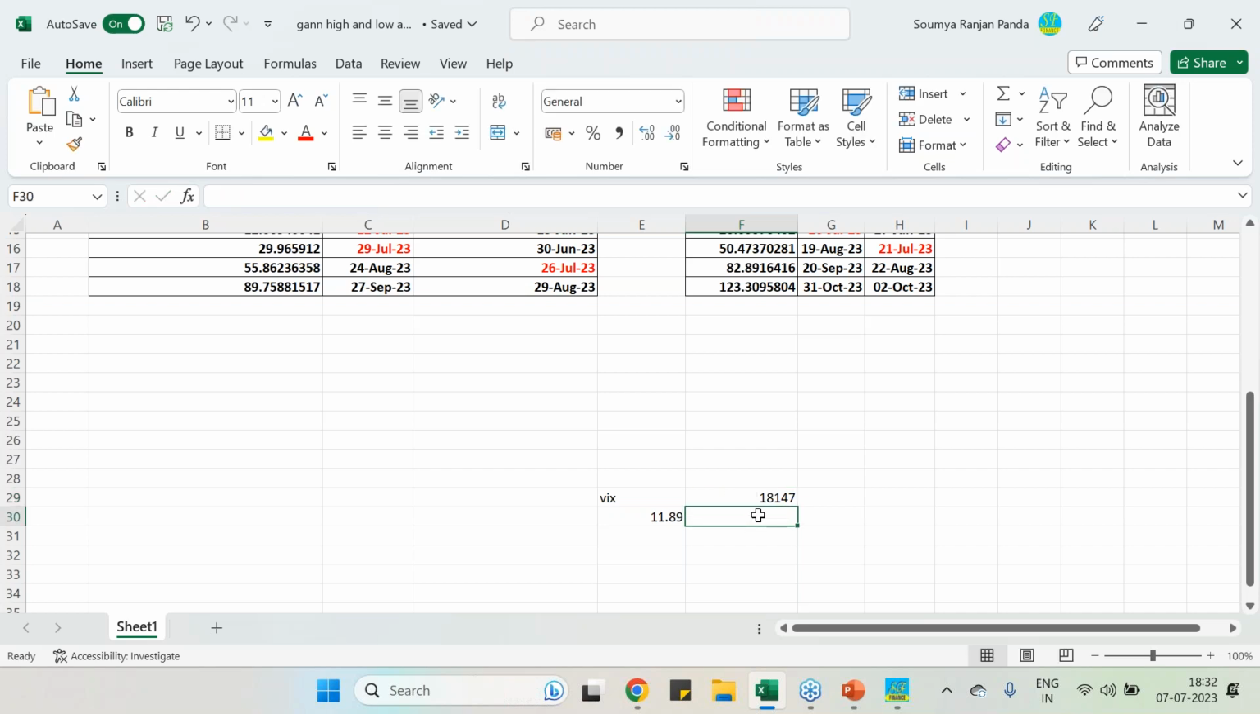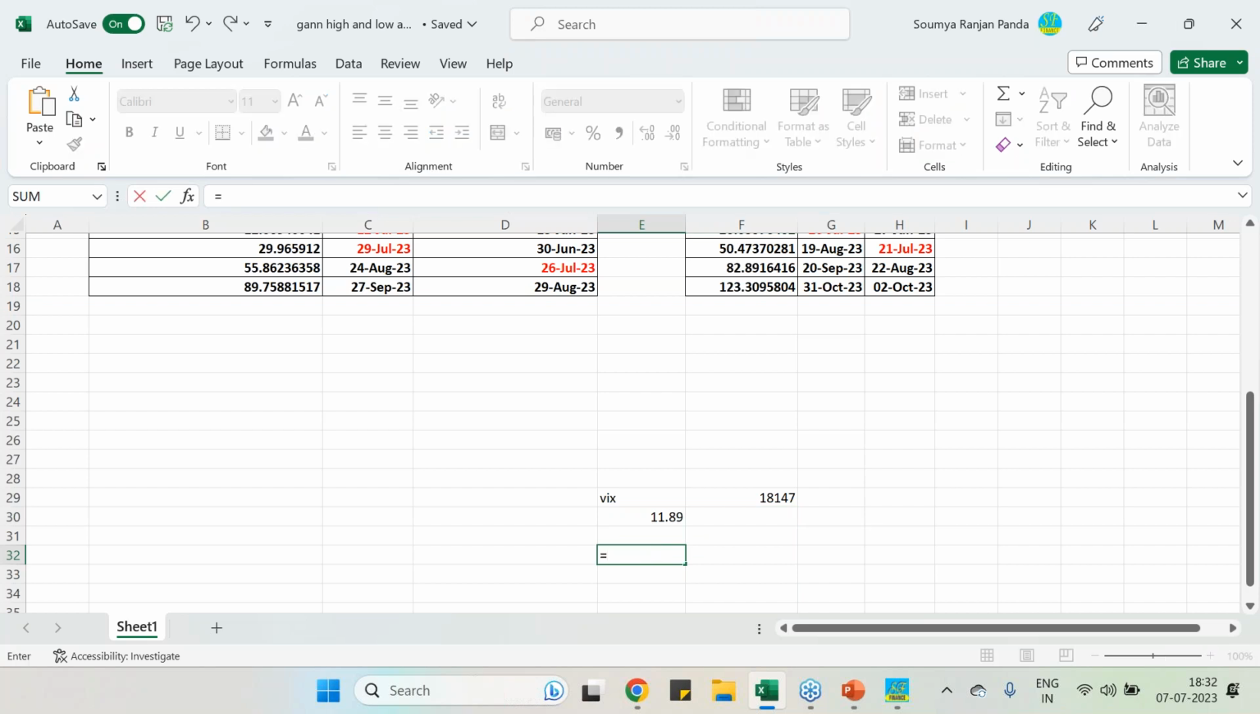In this particular month, how many points will it move? That is what VIX says. So what we'll do here is take the 11.89 and divide it by the square root of 365. क्यों कर रहे हैं? क्योंकि ये yearly terms में है. This is in yearly terms. We have to bring it to daily terms. 0.62. Then we want monthly terms, so this is multiplied with the square root of 30,